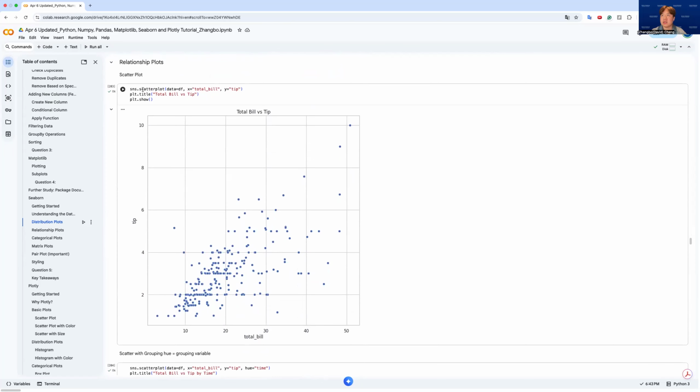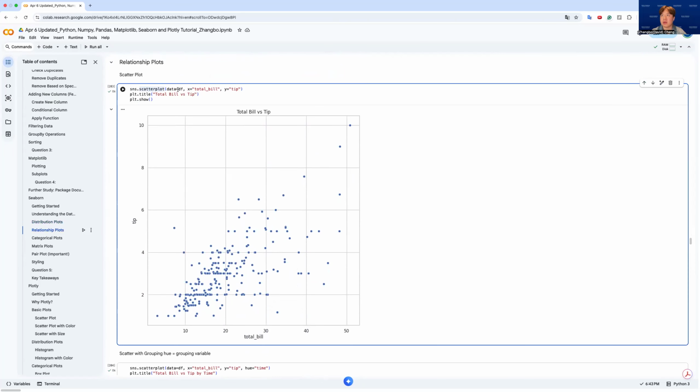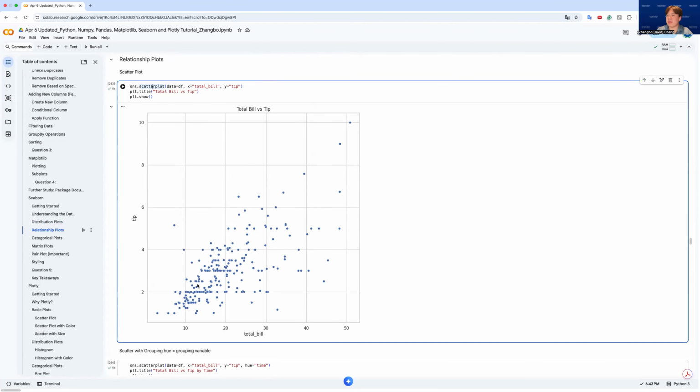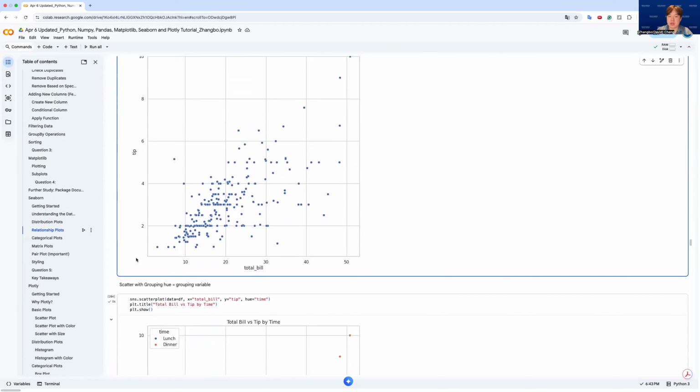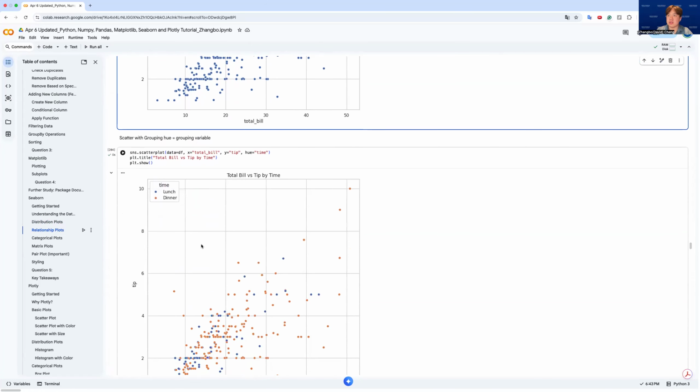Now, you can see we use a define right here, and we still use our data frame. The x is the total bill, y is the tips, and we can get some sense about the relation between the total bill and the tips. Not only that,